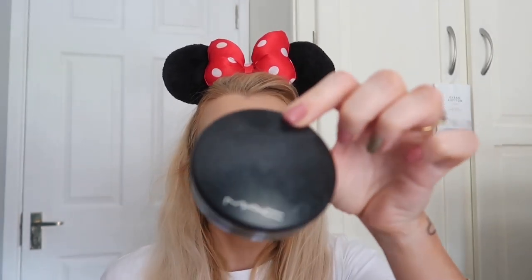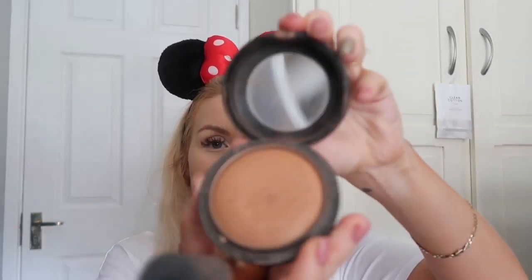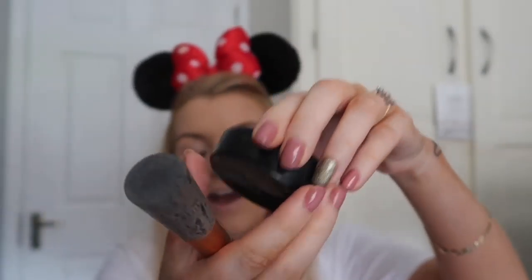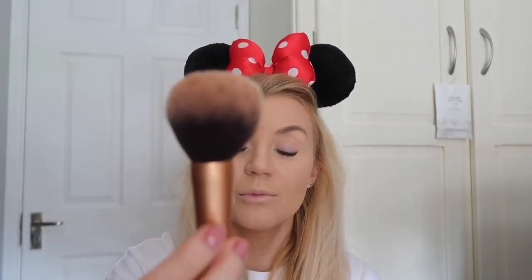So another product of mine that I swear by, I feel like I swear by all of these products, but this is why I brought these on holidays, because I swear by them and I use them every day. So this is the MAC Give Me Sun bronzer, and as you can see, it's well loved and nearly all gone. So this is the shade Give Me Sun, and I go in with this with a Real Techniques fluffy kind of powder brush. It's ginormous, and I will just swirl it in, tap off any excess, and go in